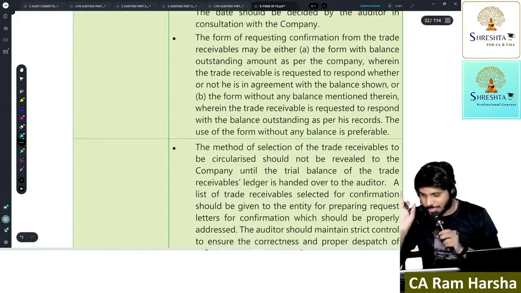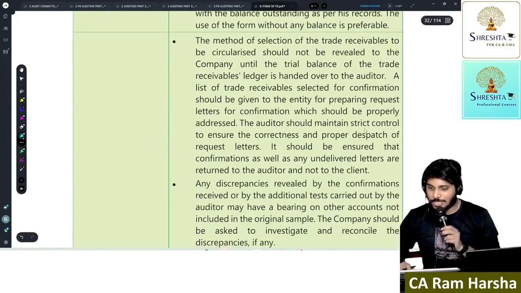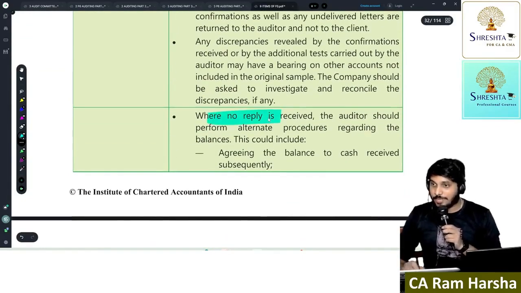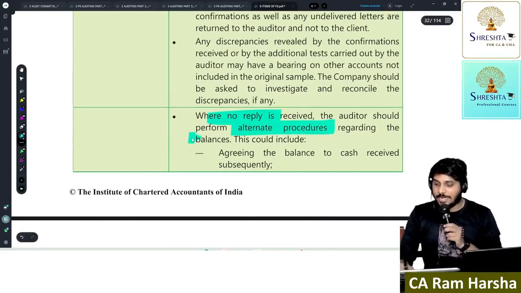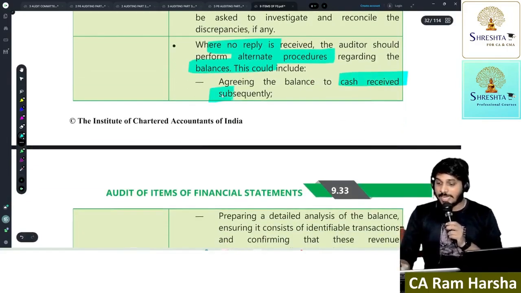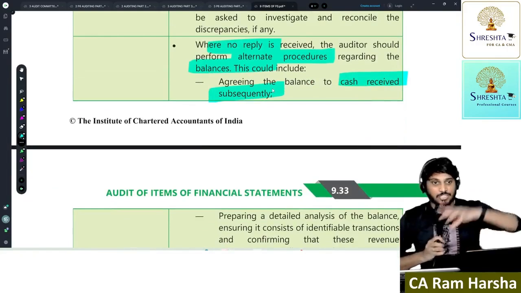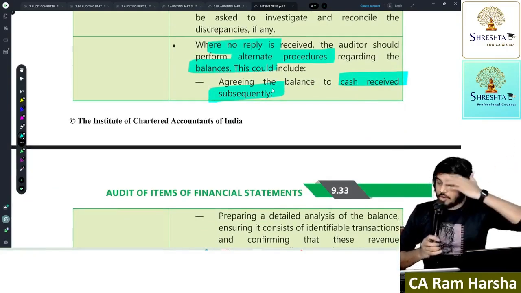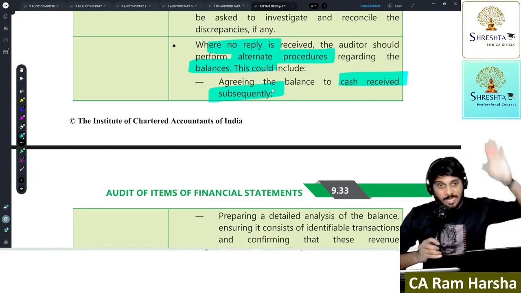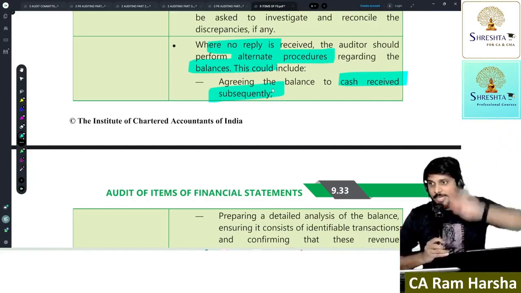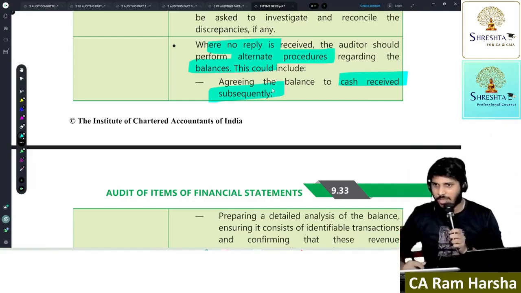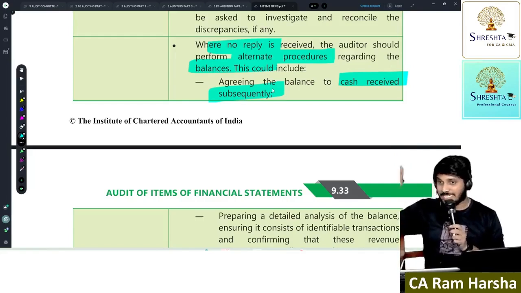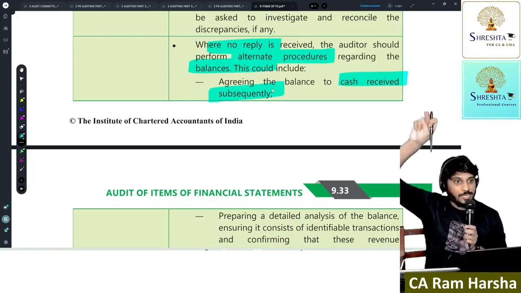So that entire procedure is given. Understood? Can you read this later? Suppose you do not receive any reply, alternatively you should see whether cash is received subsequently. If as on 31st March it is outstanding, I am still doing the audit in June. I have not yet completed my audit, and the audit report is not yet given. If 10,50,000 is outstanding on 31st March, somewhere in April or May he would have paid. See whether he paid or not. If he paid, it's a confirmation that he was outstanding to our organization, right?